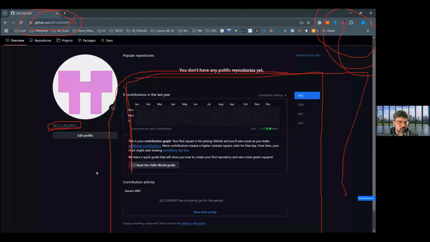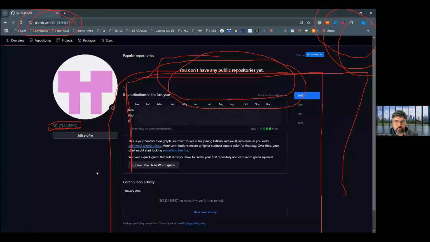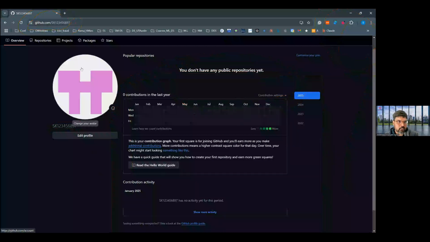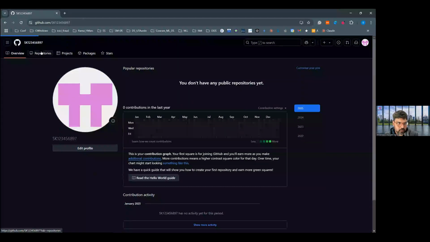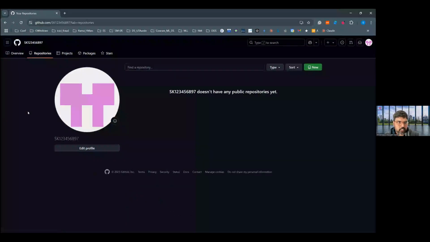Because if you share this profile on the repository, I don't think you have any repository, Shivraj, and I'm not able to hear you. But go back to your repository. Let me clear the drawing. Go back to your repository. Yeah, repository. Then copy this name